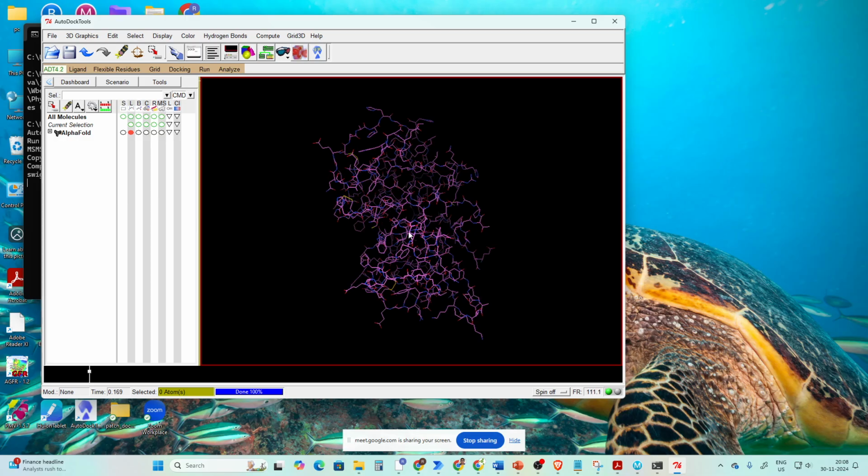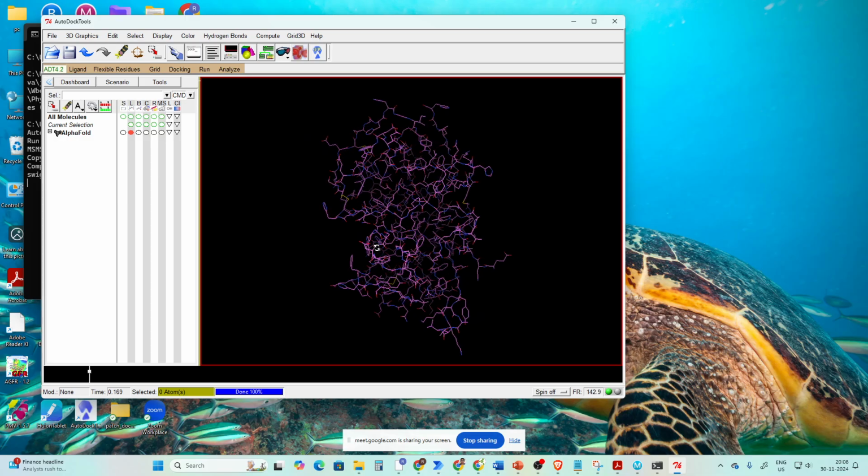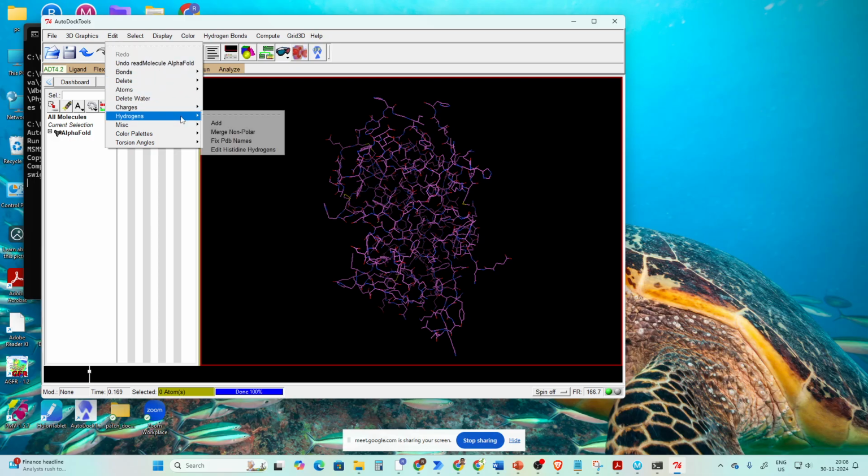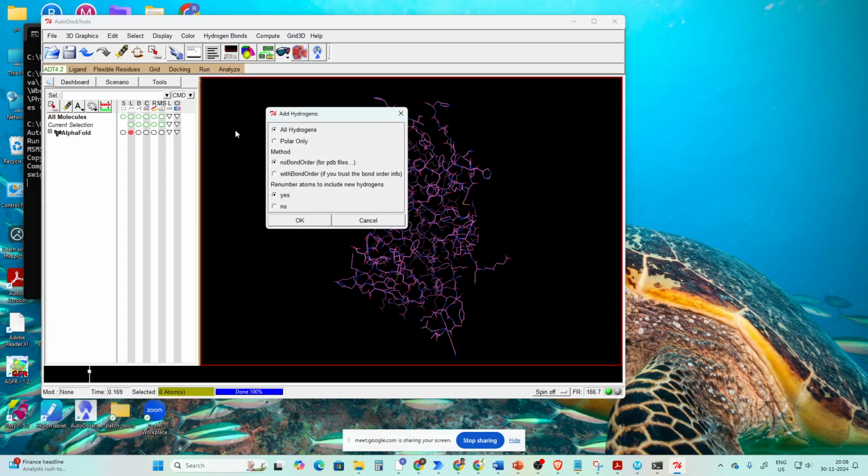Okay, so this is our model protein. So what is lacking in here is the hydrogen atoms or polar hydrogens. Then we need to add the charges also. Okay, so to do that we have to go to the edit menu, go to hydrogen, add hydrogen,